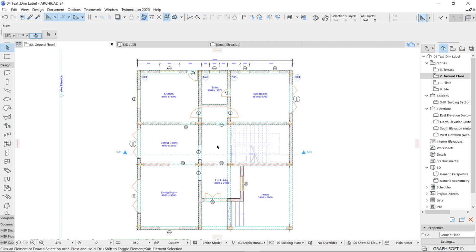So the first step which I'll be explaining is how to create these schedules, which are interactive schedules, and which is a very interesting feature in ArchiCAD.